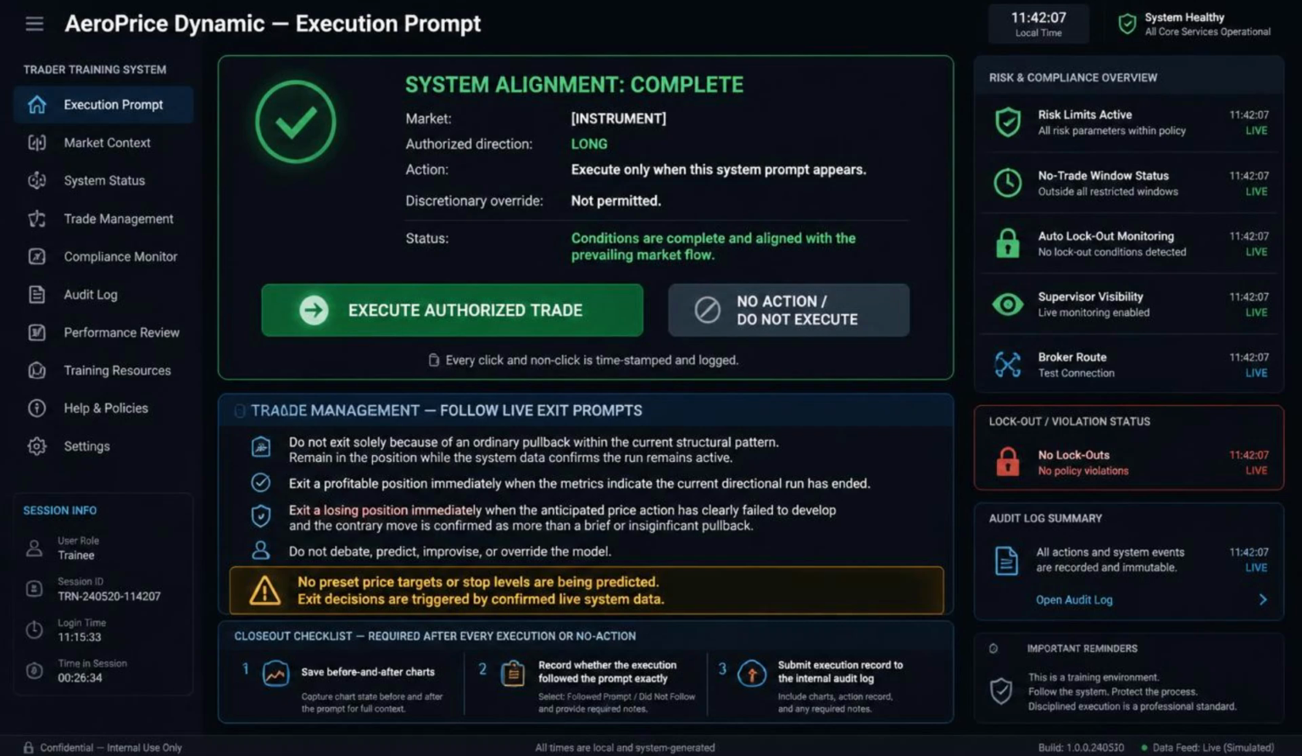Audit Log contains the recorded history of system events and trainee activity. This includes clicks, non-clicks, execution-related actions, timestamps, and recorded outcomes. The audit record supports supervision, training review, and compliance oversight. Performance review is where execution quality may be reviewed. It may be used to assess how closely you followed the system, including prompt adherence, timing, chart documentation, and opportunities